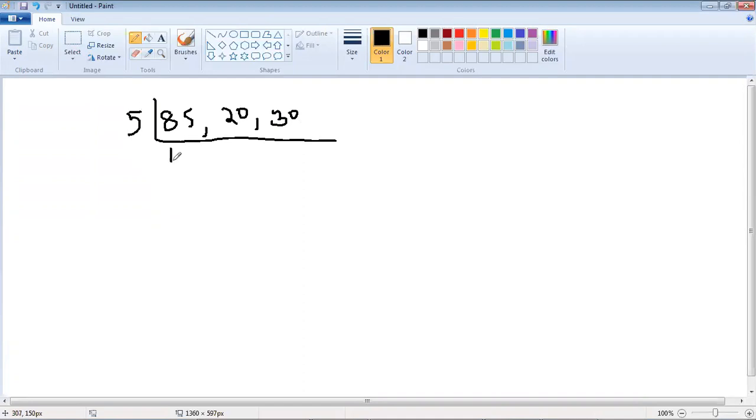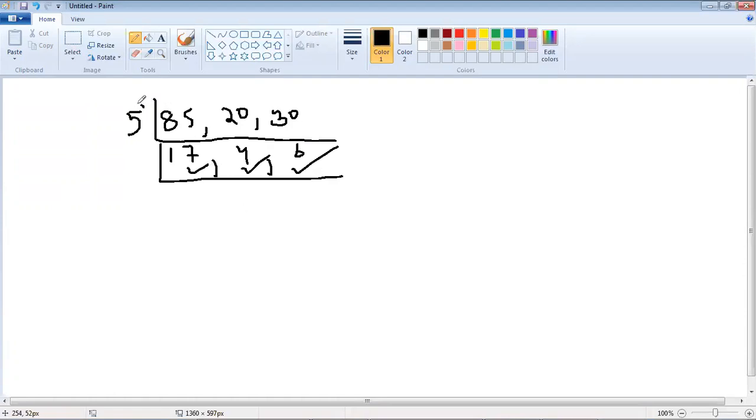5 ones are 5, 5 sevens are 35, and then 5 fours are 20 and 5 sixes are 30. Now, is there any number which divides these three numbers 17, 4 and 6? There is no number.